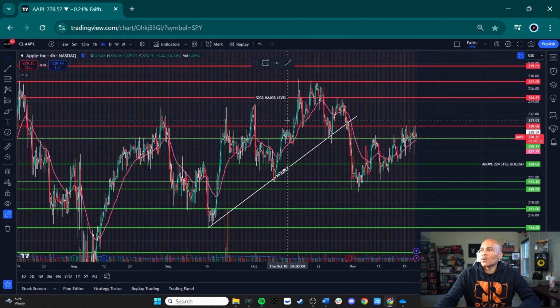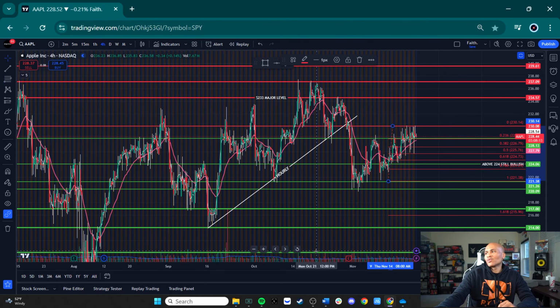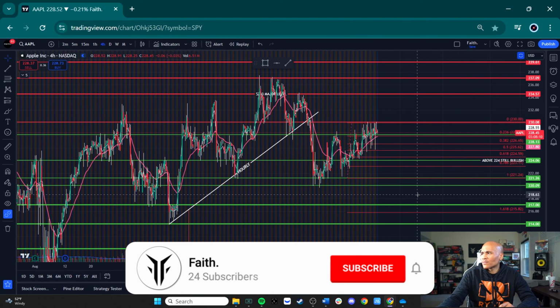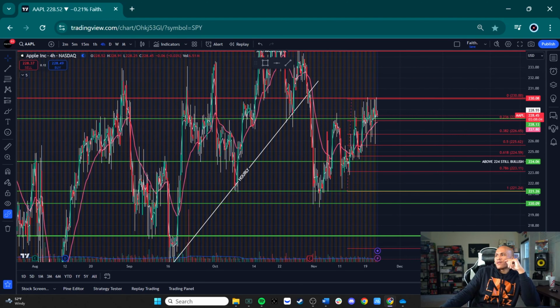I'll show you guys how to use the tool. It's right here, Fibonacci retracement levels. If it's in an uptrend, you want to plot your levels from down to up. And if it's in a downtrend, you want to plot your levels from up to down. Most recent swing low to the most recent swing high. Then you have your 0.23 level, your 0.382, 50% retracement level, which is your 0.5 level, and then you have your 0.618 level